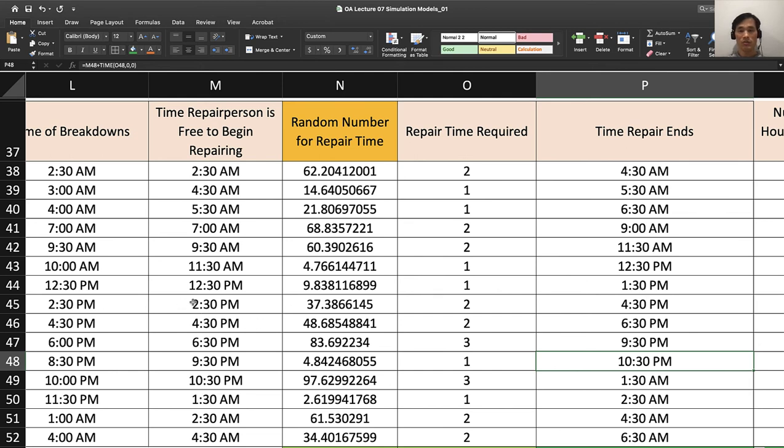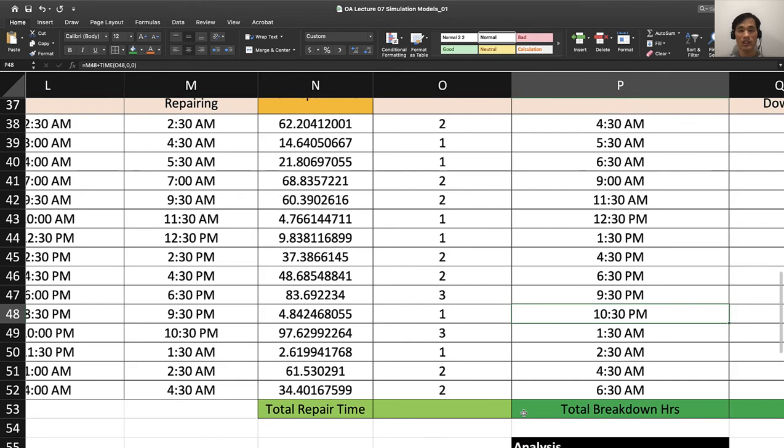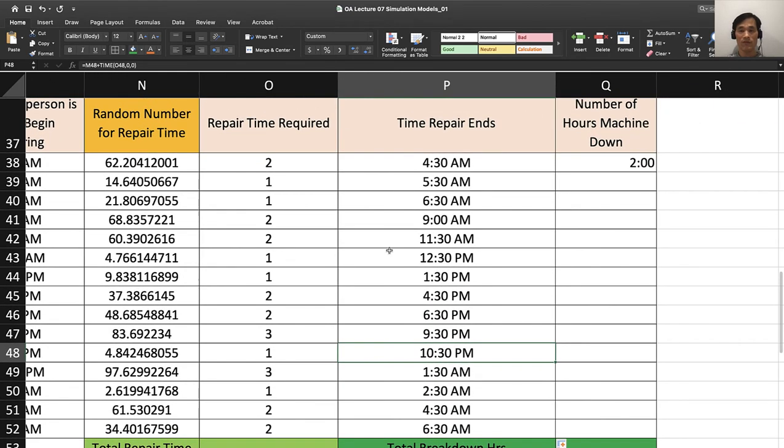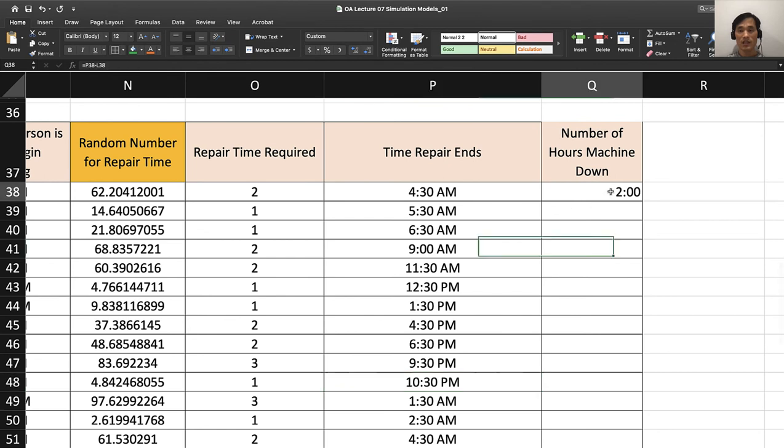And then 2:30 breakdown happened, and then 4:30 you are done with the work and you are able to work at 4:30. Breakdown happened at 4:30, so that's good. And the schedule kind of coincided and you can work on it. So I see that this simulation is definitely working, and I'm going to use number of hours again, time repair ended